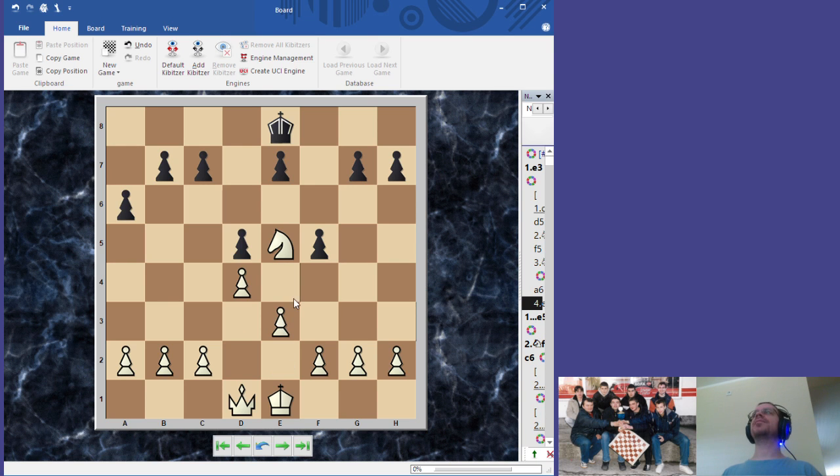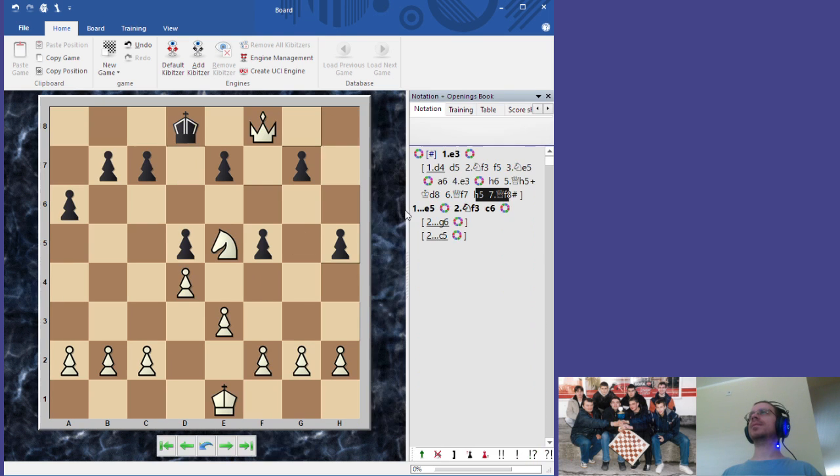Just stay with me. And you see now that a queen can come here, and then on f7, actually she will be supported by the knight, and white would have an attack against the king. Let's say that black plays something like this, and I don't know, there is an attack against the king, and let's say he played some stupid move, we have checkmate. In this short maneuver, we see that the weaknesses, for example,